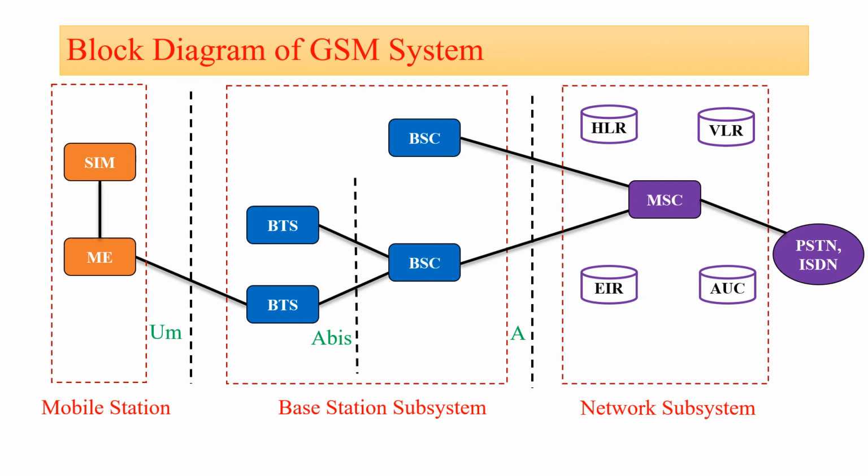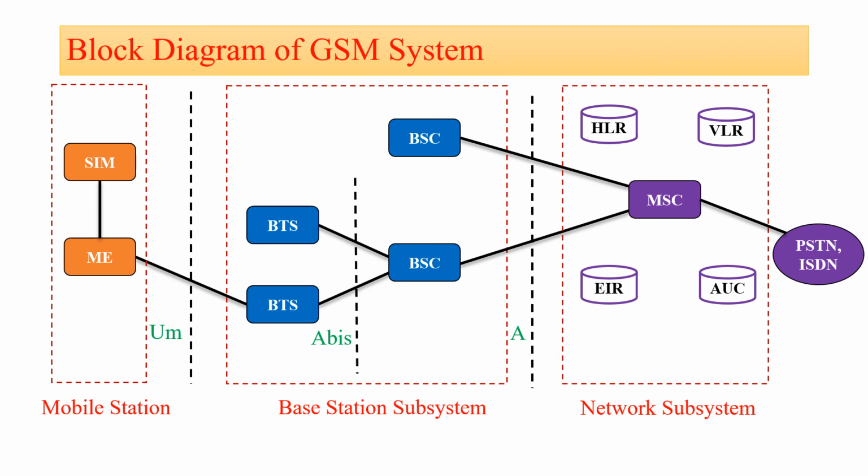Then the next part is the AUC, that is authentication center. Now the authentication center or the AUC database holds the different algorithms that are used for the authentication and encryption of the mobile subscribers that identify the mobile user's identity and ensure the confidentiality of each call. And the authentication center or AUC holds the authentication and encryption keys for all the subscribers in both the home as well as the visitor location register. And the last part, that is EIR, that is Equipment Identity Register.